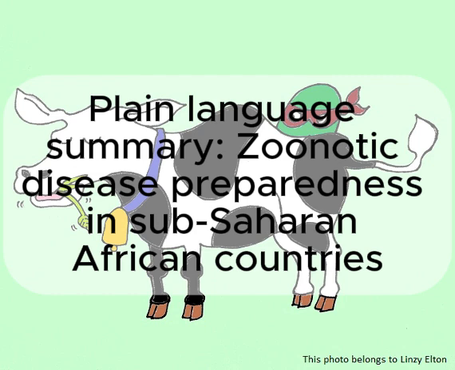Some of the things that the joint external evaluations measure include whether a country has surveillance systems in place for zoonotic diseases. For instance, is it actively looking for those pathogens in both human and animal populations? Are there enough people working on zoonoses in both clinical and veterinary settings? And are the various agencies, such as Ministry of Health, Agriculture, or Animals, all working together to try and prevent